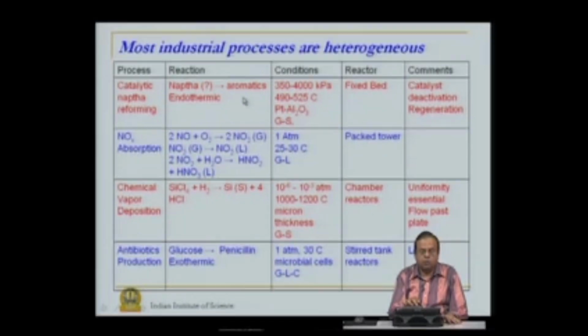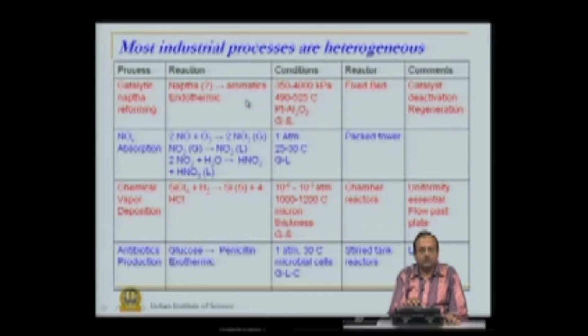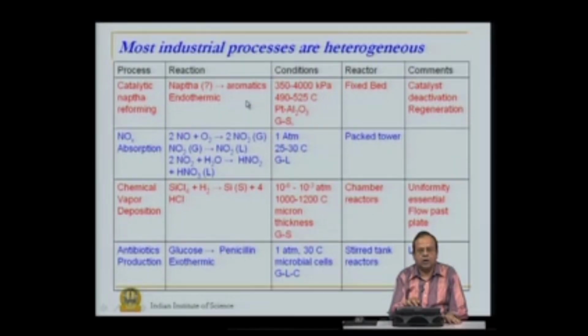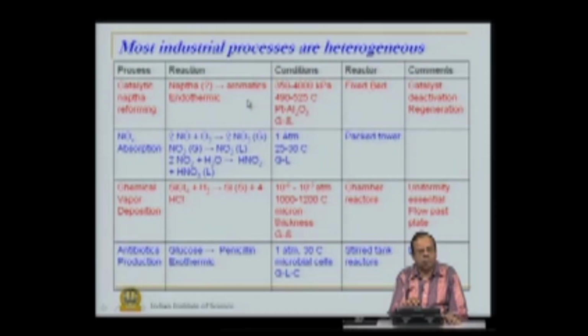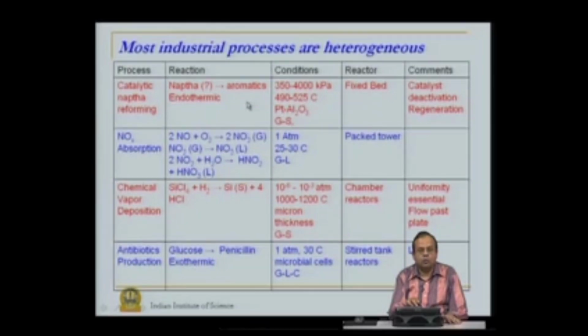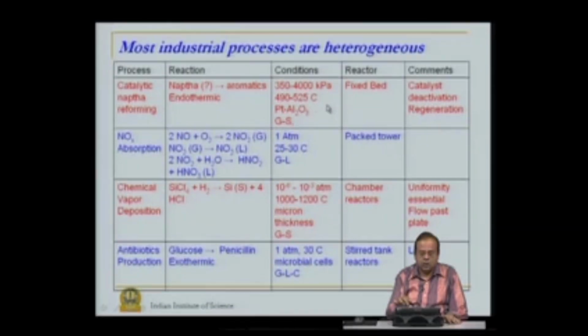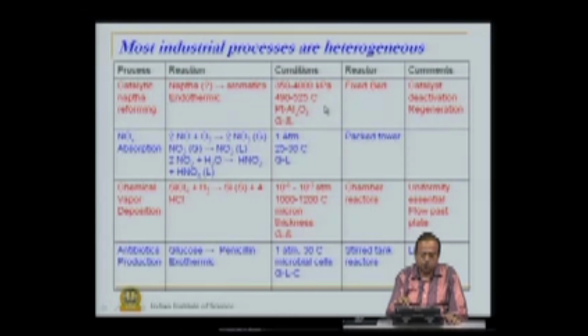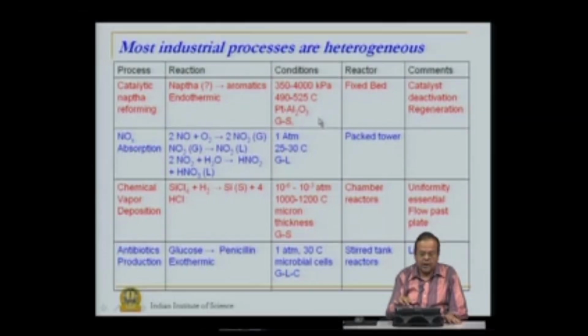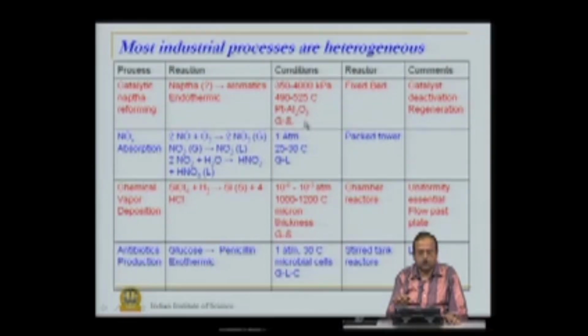So, that is another problem that we encounter, that we have to design reactors where we do not know precisely what is our reactant, what is our product. But reactors have to be designed. So, how do we deal with that? Okay, that we will see a little later. Now, look at the conditions. This is a high pressure process, moderate temperature, a catalyst, and essentially a gas solid system.